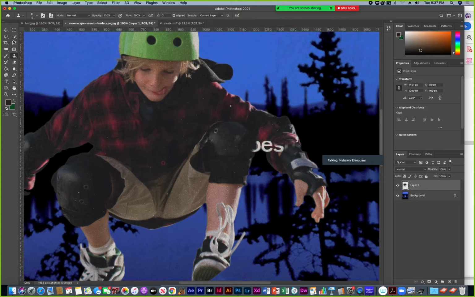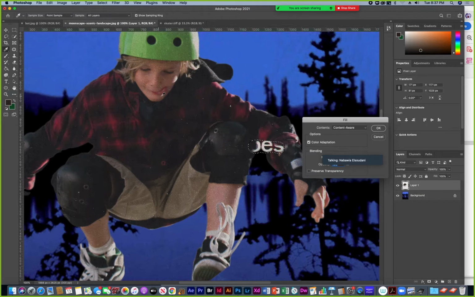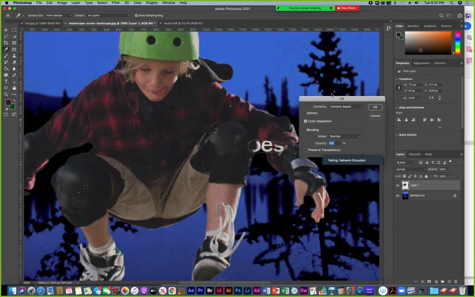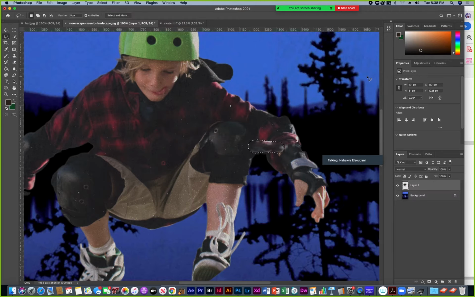Let's see what happens if I use my lasso tool and I draw around this, and then I go to Edit, and then I choose fill with content aware. Let's see how well it does. Okay, let's see what it does. Hey, it did okay, but not so good. I'm going to undo that and then do a better job with the clone tool,